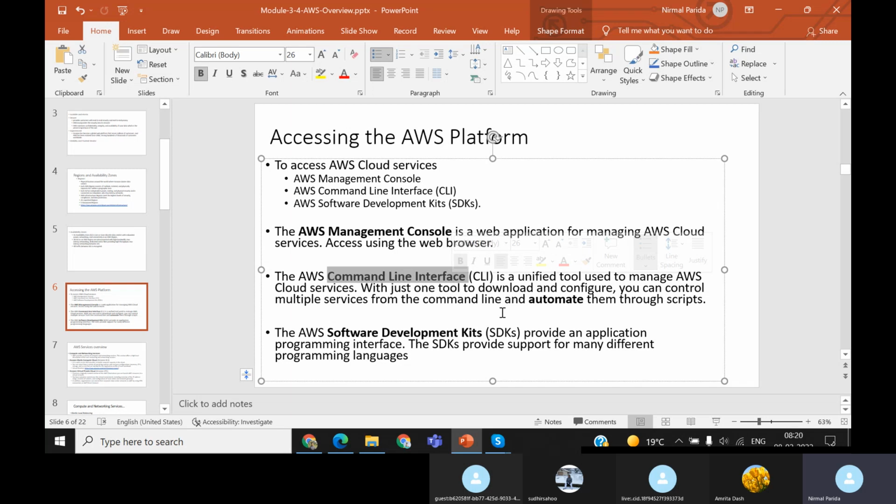Command line interface means you have to download one software, a command line tool, to your PC. Maybe you are using Windows, or Mac, or Ubuntu, Fedora, or CentOS, whatever. You have to download the CLI tool from the AWS site. So using that command line, you can access the AWS platform.